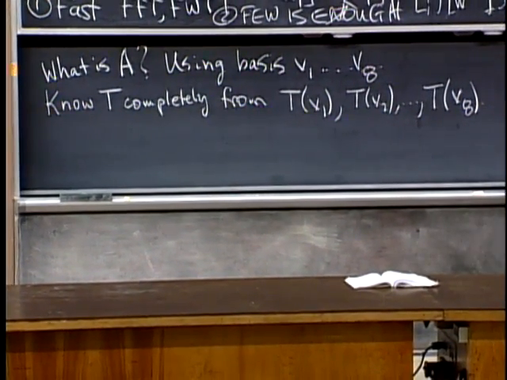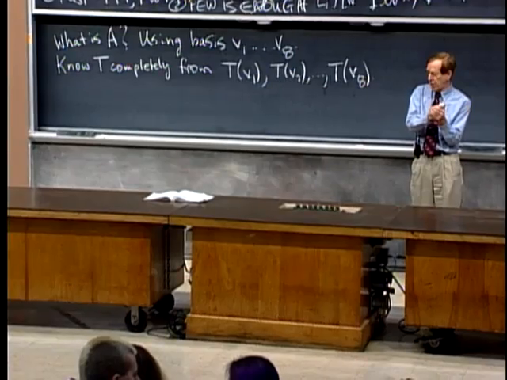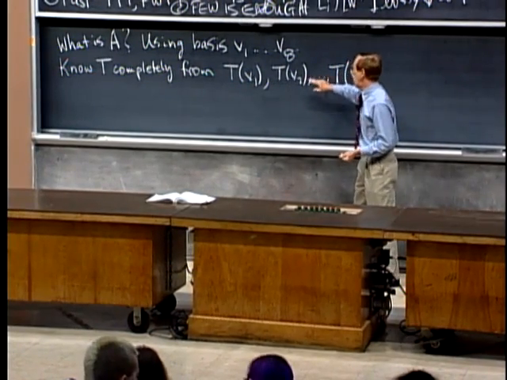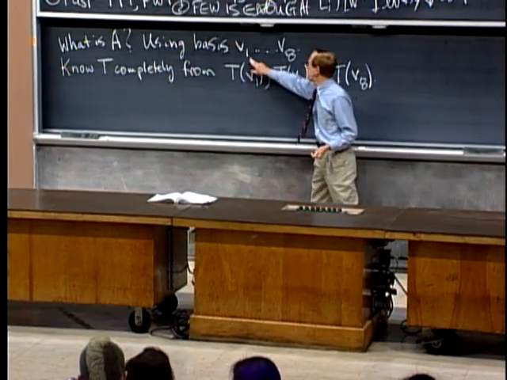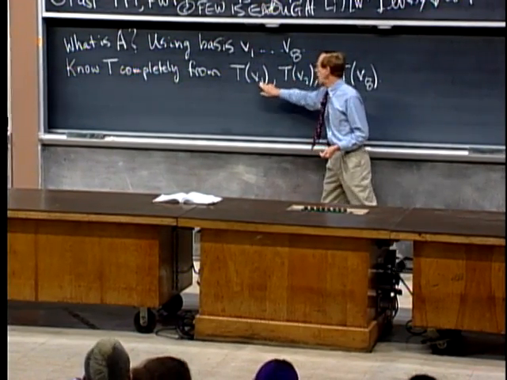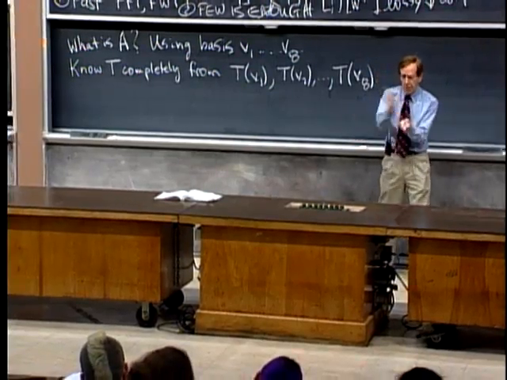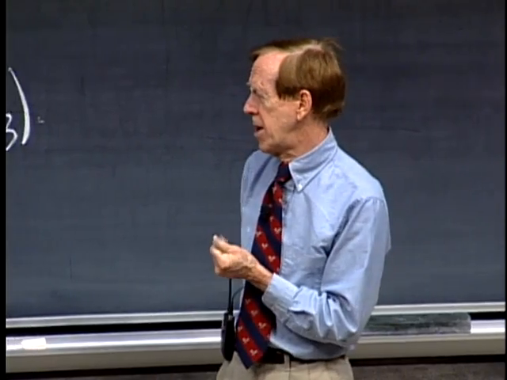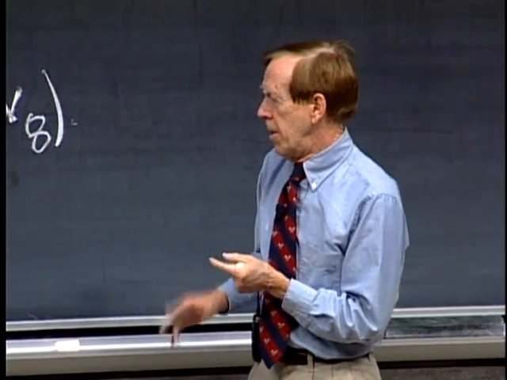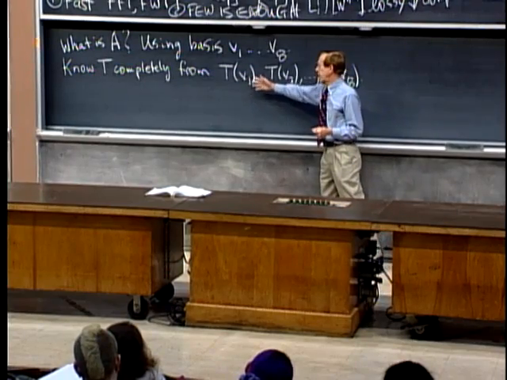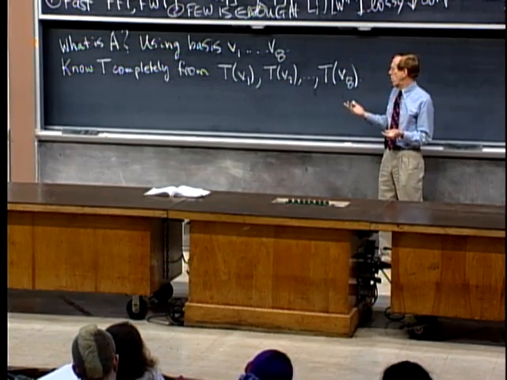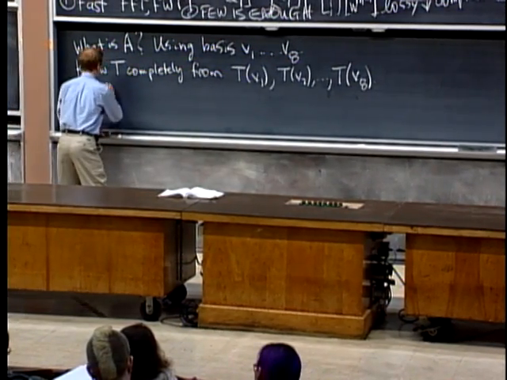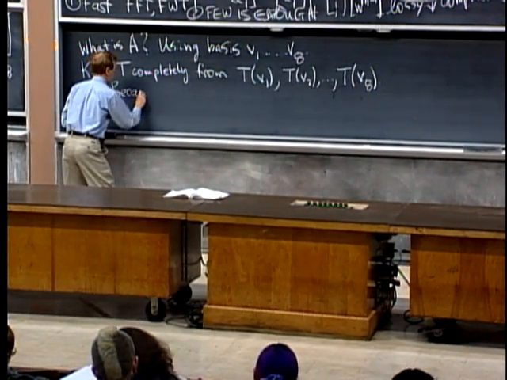Why is that? It's because T is a linear transformation. So if I know what these outputs are, so these are the inputs, V1 up to V8. These are the outputs from the transformation, like every one rotated, every one projected, whatever transformation I've done. Then why is it that I know everything? How does linearity work? Why? This is because every